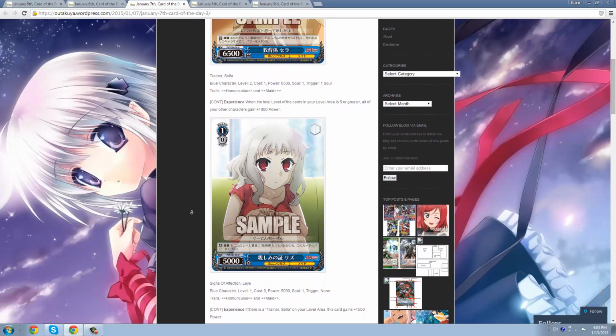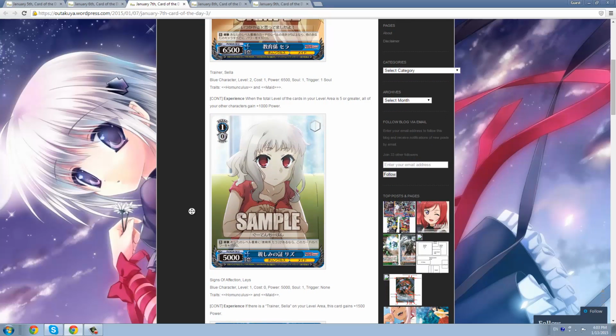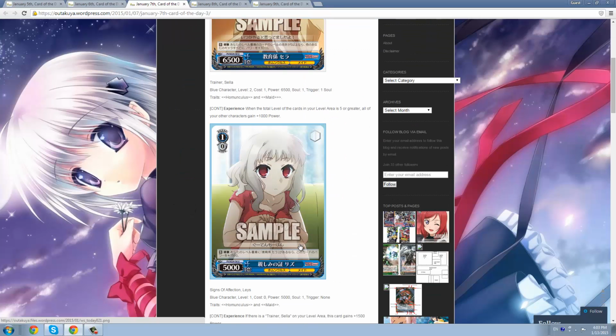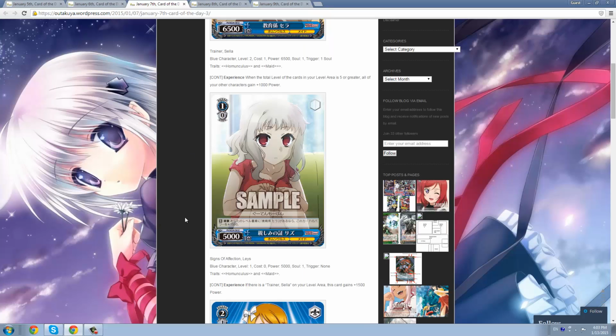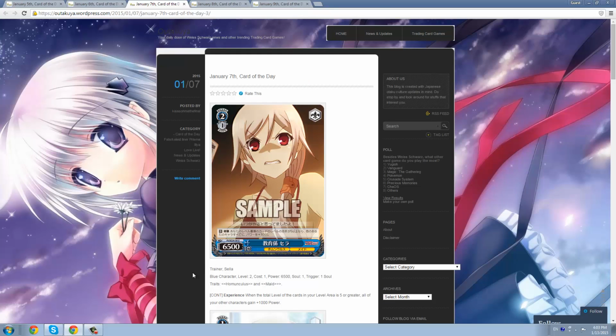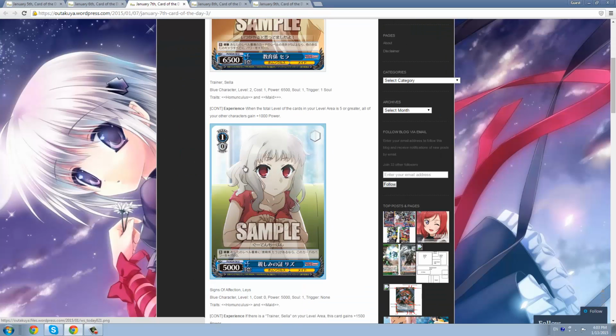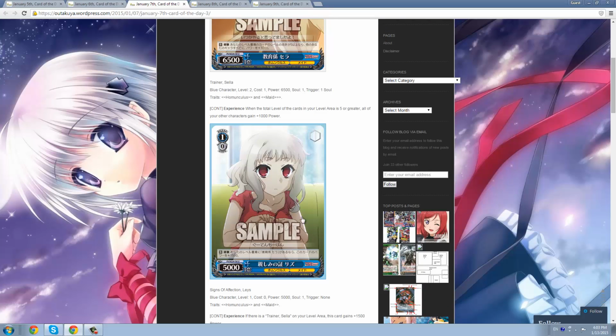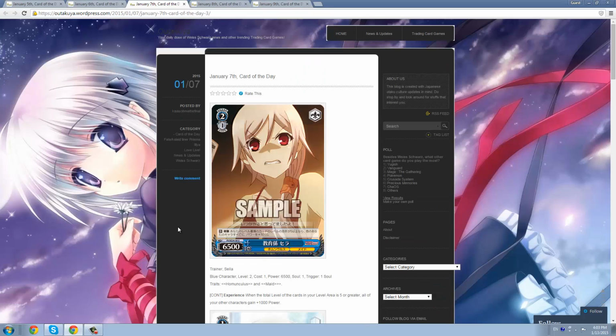However, I don't really think there's space, because to hit the level 1 consistently, you're going to have to run multiple Setas. You definitely want a Seta in your opening hand so that you can clock it, so that you can guarantee that these will become 10/65. Because if you don't get any of these in the level up zone, then these become 10/5k vanillas, which really suck. So you would probably have to run 3 to 4 Seta, and is that really worth it, running multiple